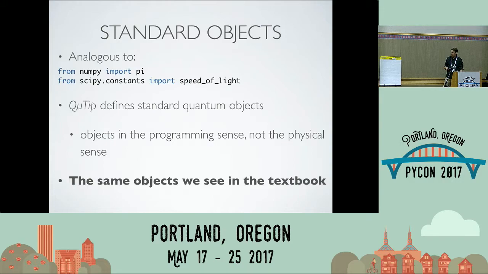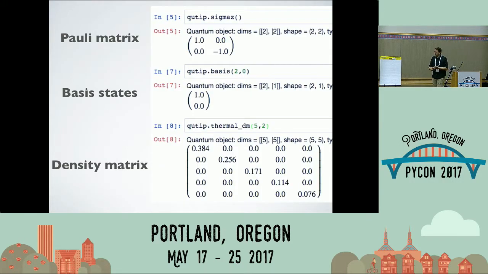And so that's a really powerful tool in the learning paradigm. As a couple examples, again, if you're familiar with quantum mechanics, these should ring a bell. If not, we have a couple standard things like a Pauli matrix that comes up over and over again. It's just a 2x2 or a 3x3 matrix. I've shown the 2x2. Those are all defined in QuTiP, right? So you can just load those up.